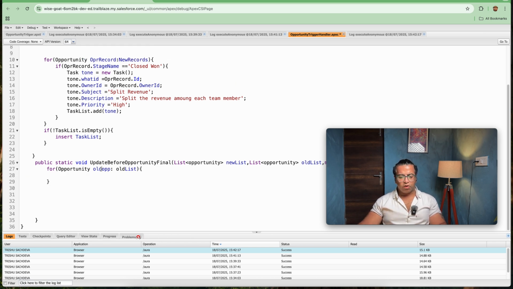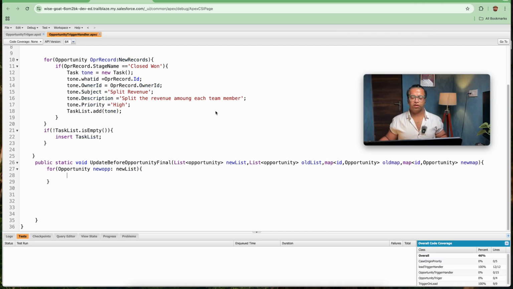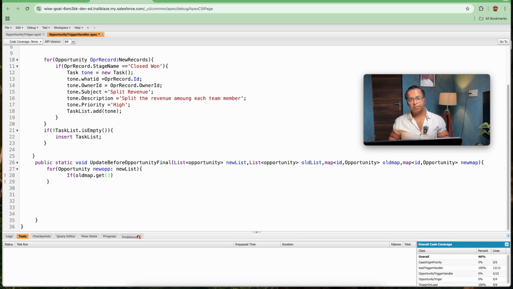Here, instead of old opportunity I will be adding new opportunity in new list. So I will be adding new list, and here I will be making a comparison, using the third method, trigger dot old map and new map. How does it help us? We have taken one for loop for the new list. Now I need a variable where I compare the old stage name with the new stage name. So I will be writing if old map dot get. We have a get method in the map, so that provides me new opp dot id dot stage name. If this is not equal to